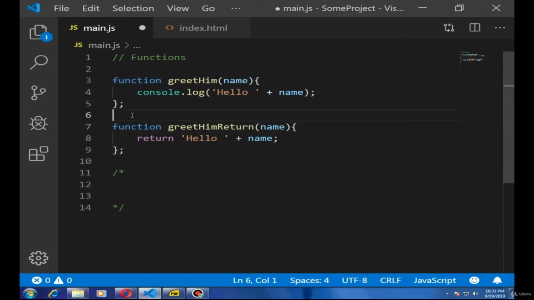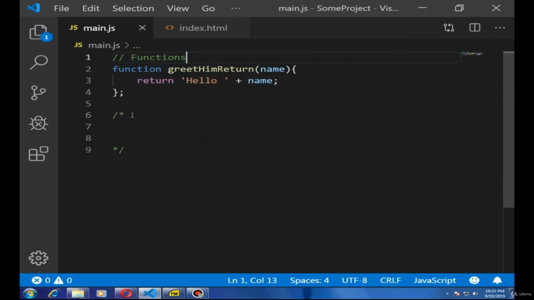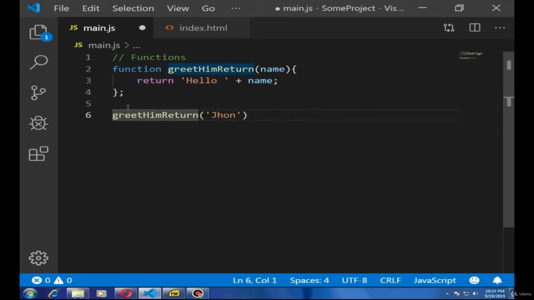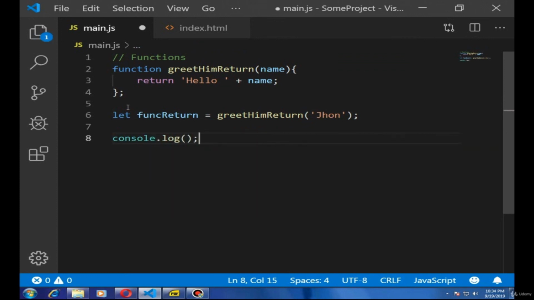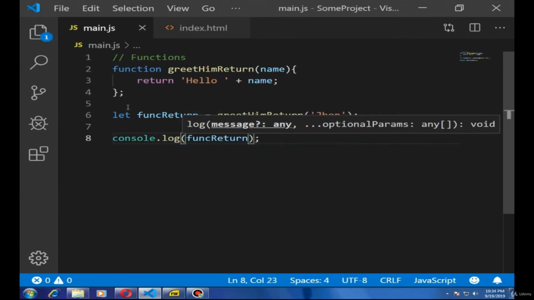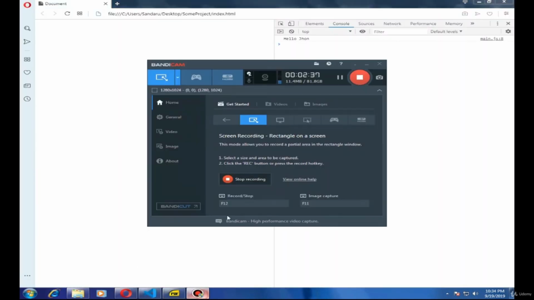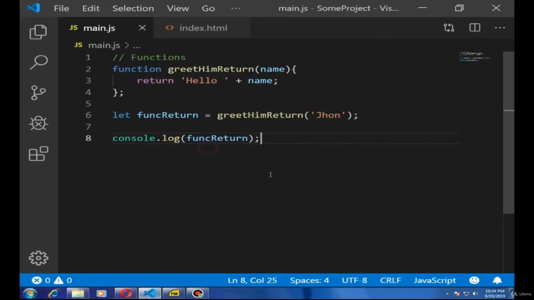It means the function is not console.logging, but instead it is returning a value. Greet him, return John, and we can let func return equal this, and if we console.log the func return, then we can see hello John, like that. That is how function